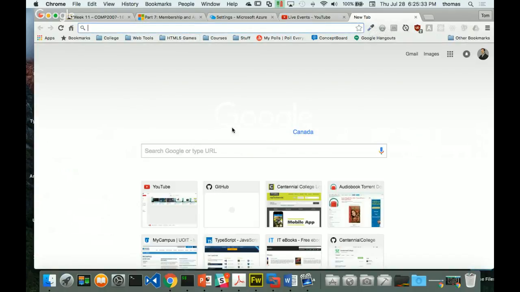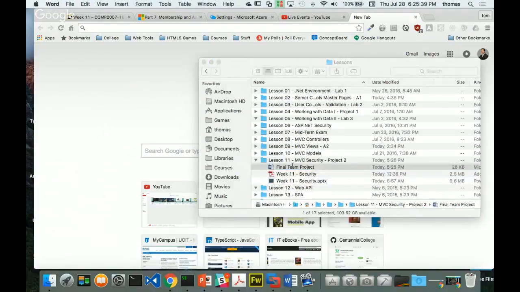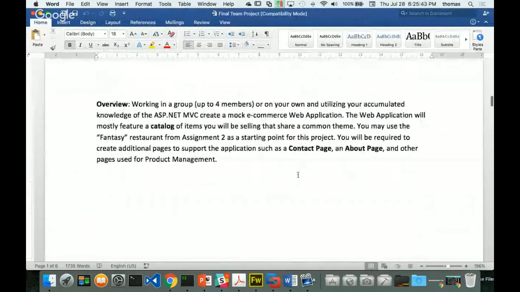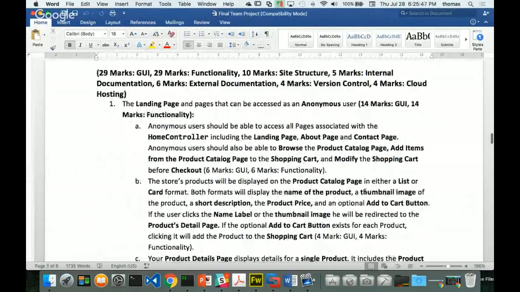So I talked about some of the requirements. If I go to the requirements of the final project for a second, I want to see that again. One of them says the store's products will be displayed as a product catalog in either a list or card format, right? Now, so far today,